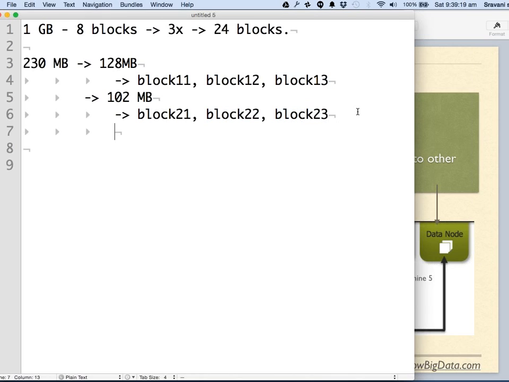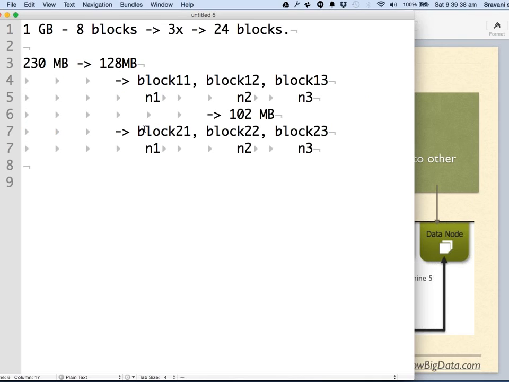Is everybody with me? So let's say this is stored on node 1, this is stored on node 2, and this is stored on node 3. Similar is the case here. So block 1 1 is stored on node 1, block 1 2 is stored on node 2.